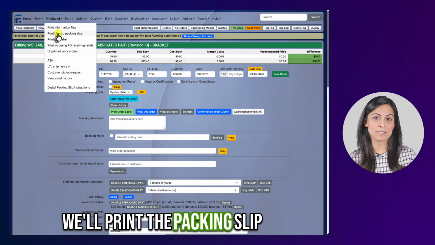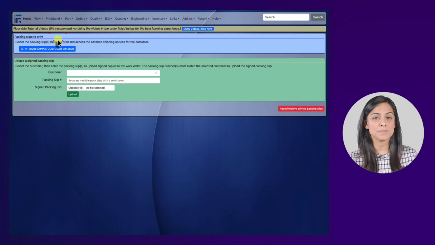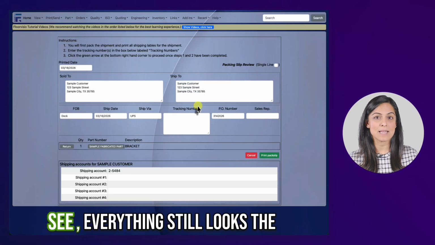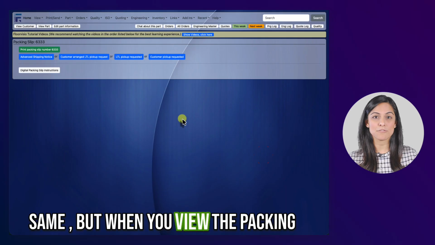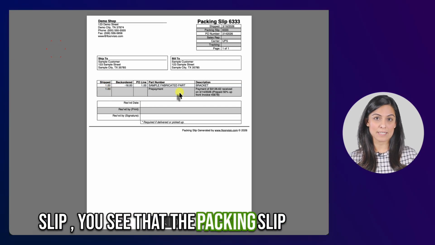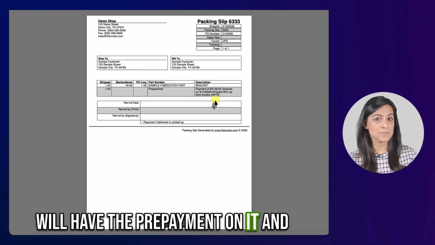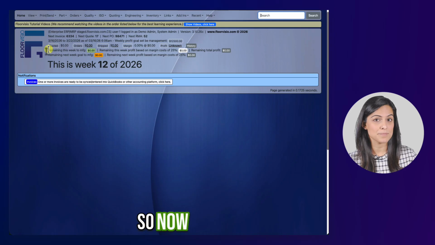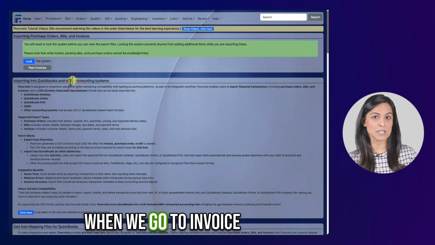we'll print the packing slip. See, everything still looks the same, but when you view the packing slip, you see that the packing slip will have the prepayment on it. And so now, when we go to invoice,